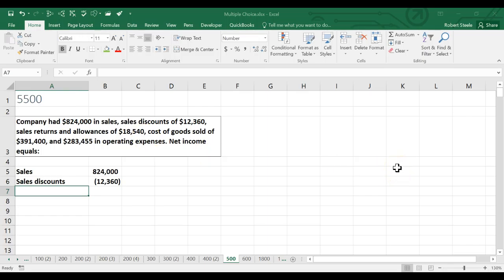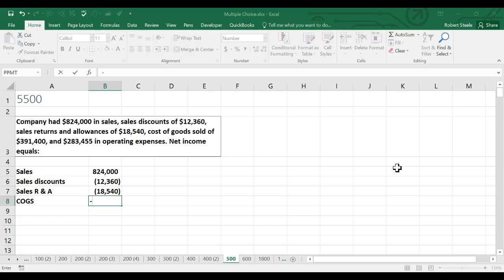And then we've got sales returns and allowances. Those are, of course, the sales that were returned. Once again, not an expense, but it does reduce net income because that's the return that came back. So I'm going to put it in as a negative, as it will reduce net income. Then we have the cost of goods sold. That is basically an expense, the expense related to the consumption of inventory. So I'm going to put a negative